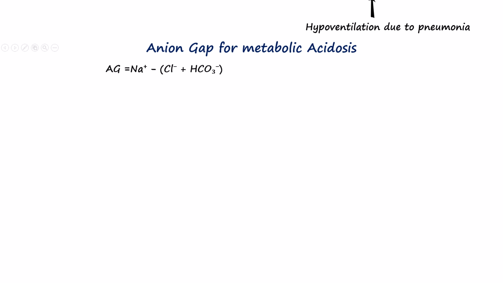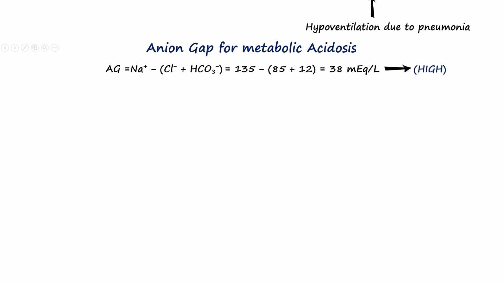Now, whenever we have metabolic acidosis, we have to check for anion gap. The anion gap is calculated by subtracting the sum of chloride and bicarbonate concentration from the sodium concentration. Our case had a sodium of 135, chloride of 85 and bicarb of 12 mEq per liter. With this, we get our anion gap of 38, which is higher than the normal level of 8 to 12